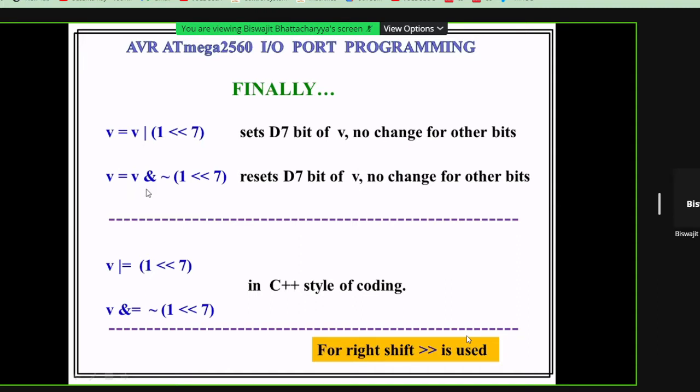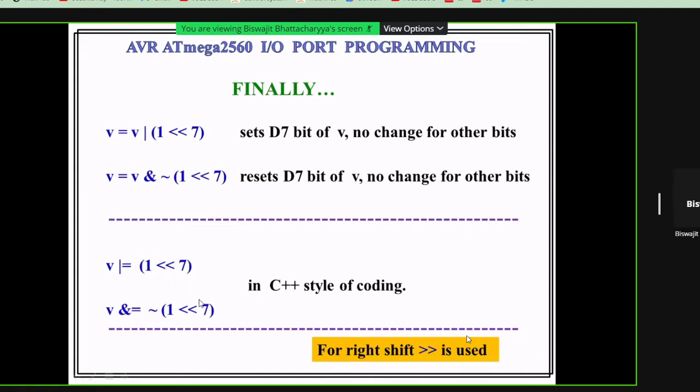V equal to V and then tilde 1 less than 7. Then the D7 bit of the variable V will be 0 and no other bit will be changed. And in C++ style, it will be V and equal to tilde operation. Then only one bit will be 0, that is the D7 bit.